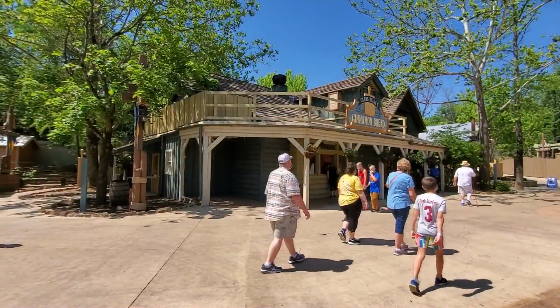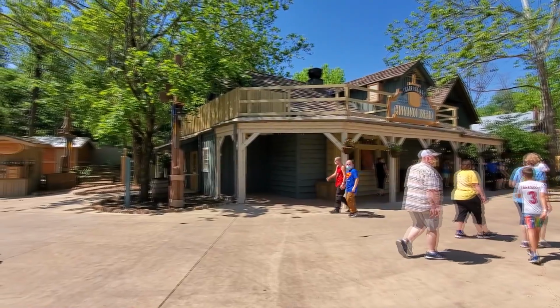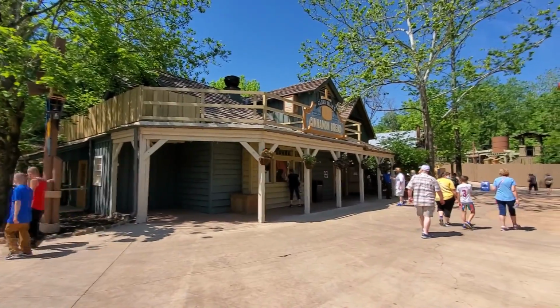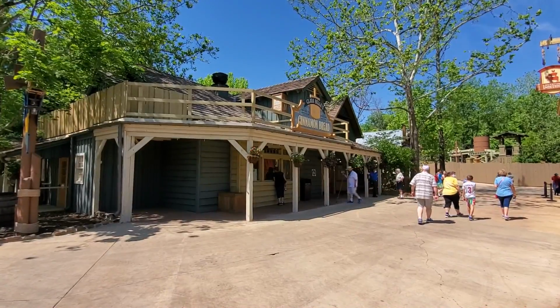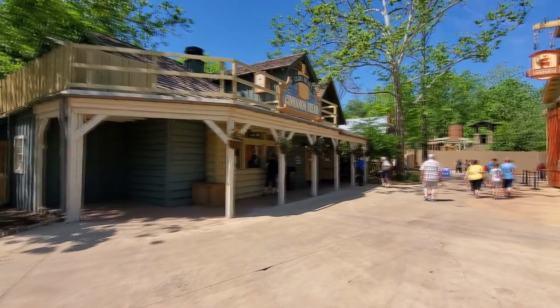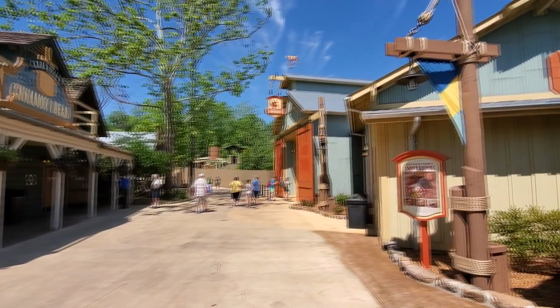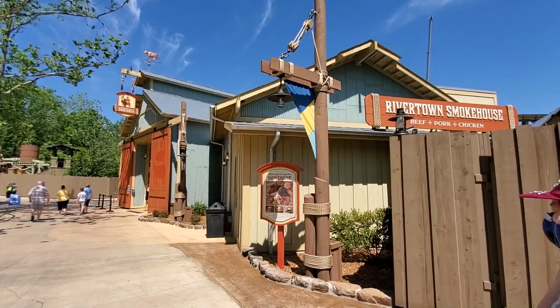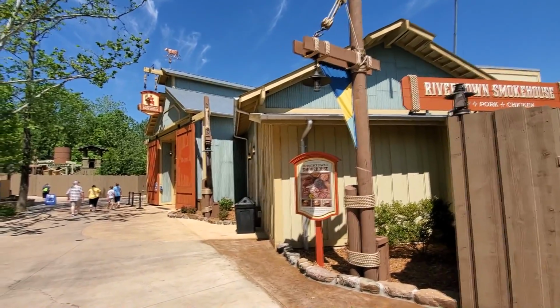So other changes down here on the riverfront. This actually used to be the dress shop, and now you can see it is now the world famous cinnamon bread. So definitely a big change there. And then right across from it is the Riverfront Smokehouse, which just opened, I mean literally like 2 minutes ago as we're standing here. So we're going to come in and check this out after I give you a peek